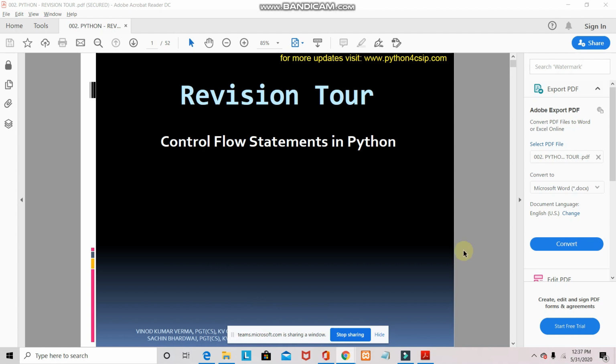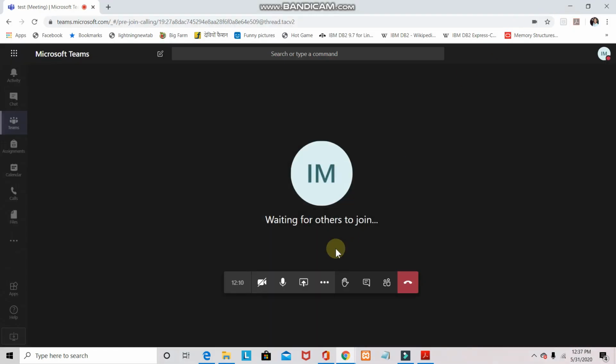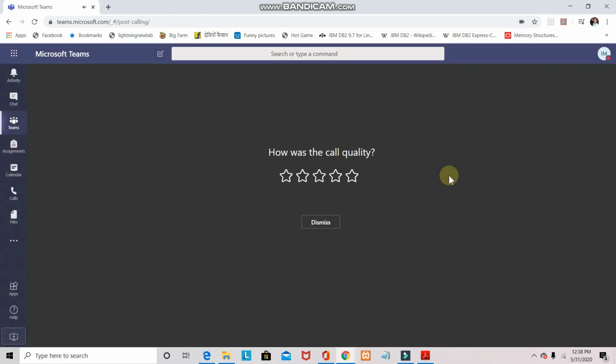Upon clicking it, you can see the screen is getting shared with the students, and we can stop sharing by clicking the stop sharing option. So this is the procedure to start a meeting, and to end the call we have to click this red color button, the end call button, in order to stop the meeting. So that's it with the creation of the team for making a call to perform online class. Thank you, teachers.